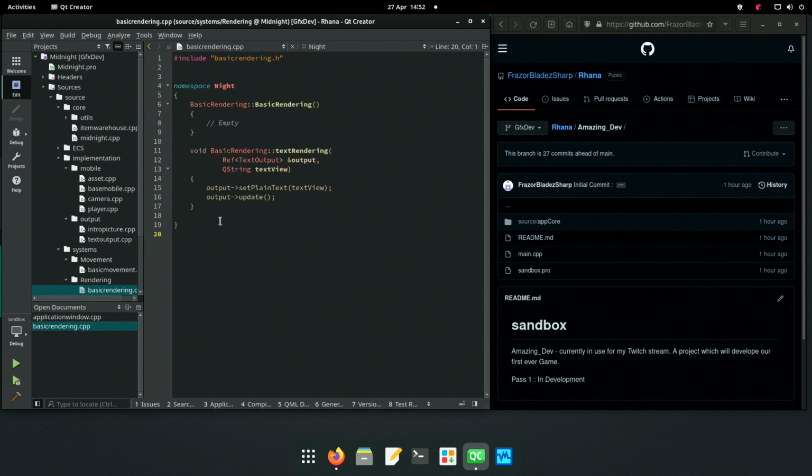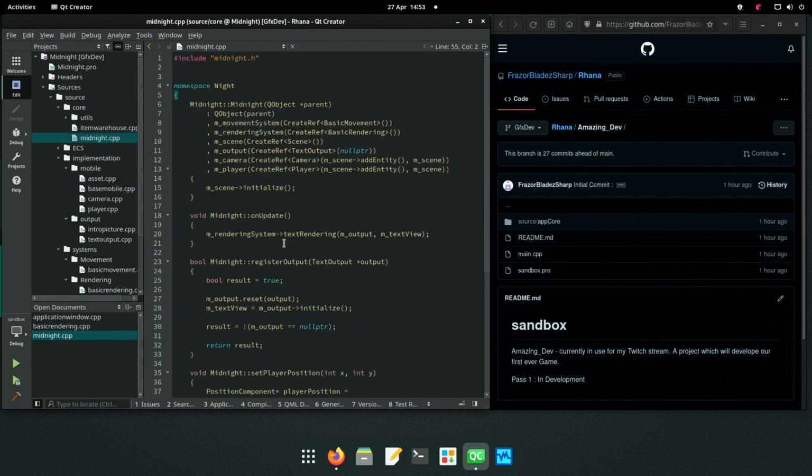Our rendering system just takes in text rendering, and that just outputs a text. Output update. Fair enough. So on update, it just sends the text view through to the text rendering, and that'll do everything on the output.